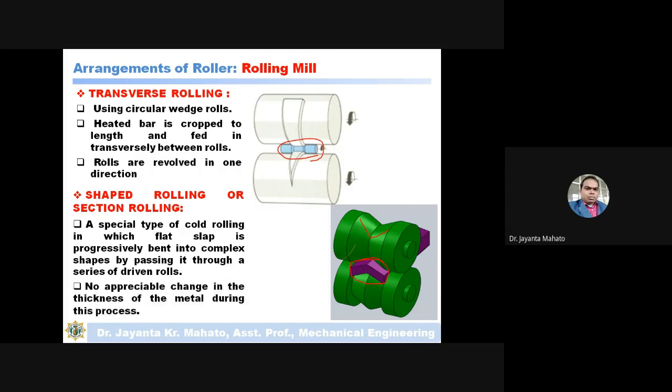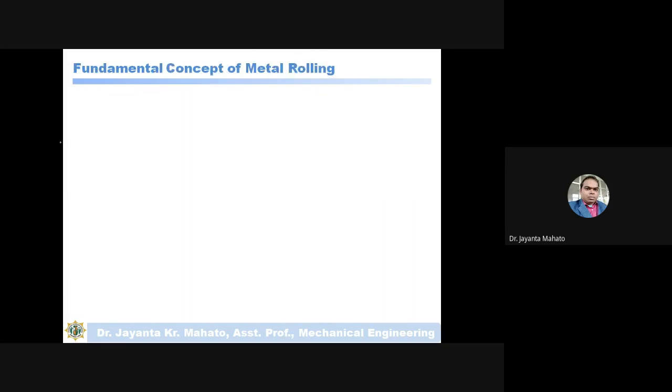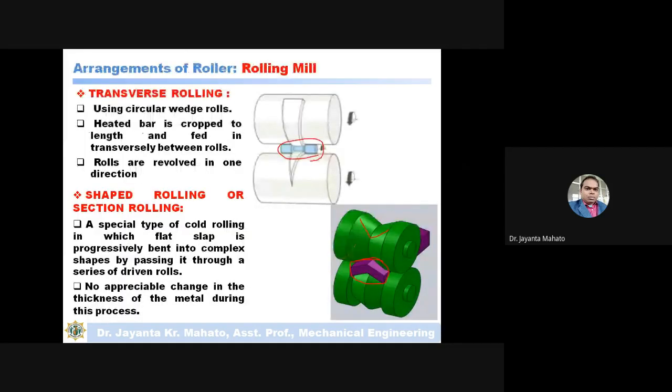So now, in all the cases, either two rollers, three rollers, four rollers, planetary, or even section rollers, what happens? In all the cases there is an involvement of force. Force is required to deform the material, and that is the roll force.